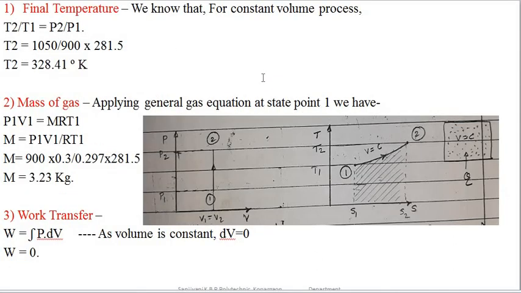Now initially we are plotting this particular problem at the given condition on the PV and TS diagram. So this is a constant volume process having the heating process here. So we have located the initial state point, final state points on the PV and TS diagram and drawn this particular constant volume process. So we have located this P1, P2, V1, V2 values here, T1, T2 values and S1 and S2 values on the diagram.